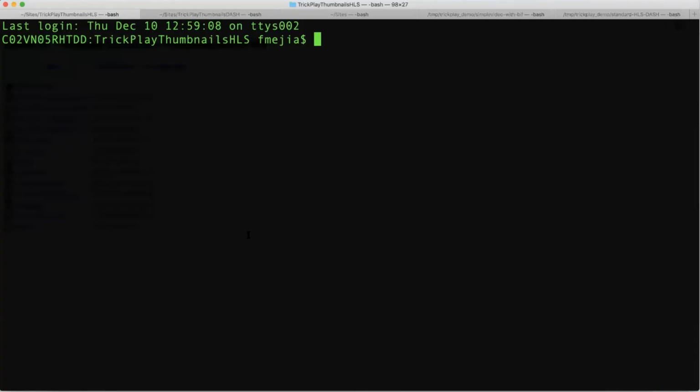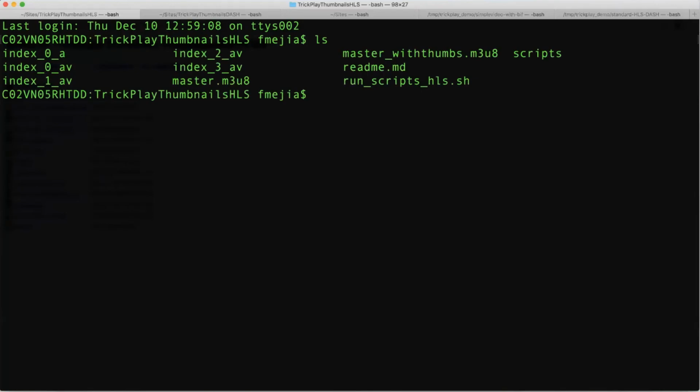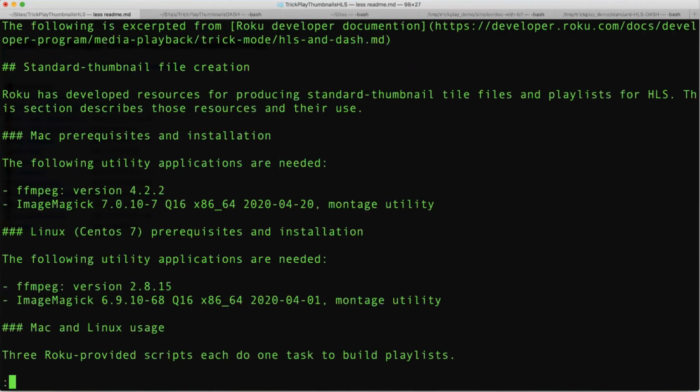I'm going to work with the HLS version of this first. So give me a sec here. I'm going to go into the README to get a good idea of what I need to do prior to creating these thumbnails. There are a couple of prerequisites that need to be installed prior to running the scripts to make those thumbnails. Here it needs FFmpeg and ImageMagick, so download those prior to